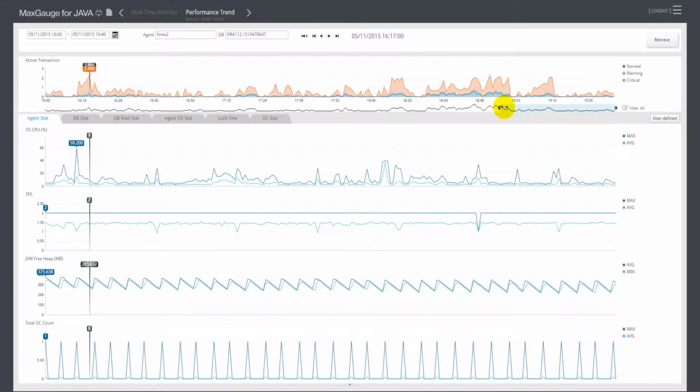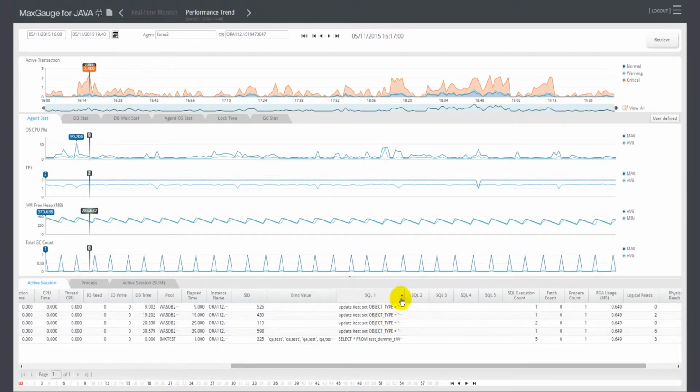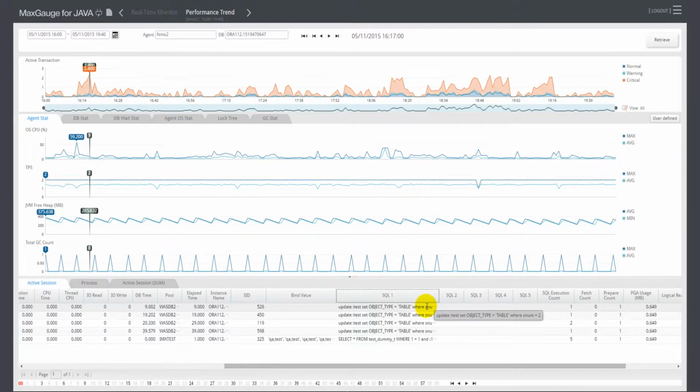The Performance Trend screen provides the trends of indicators such as active transaction count, CPU usage rate, transaction per second, JVM heap usage rate, and garbage collection, and the active transactions detailed information. When you double-click the peak point of the performance indicator which you wish to analyze, you can check the call tree method and thread status of the transaction executing at the corresponding time point, the latest SQL text executed, and